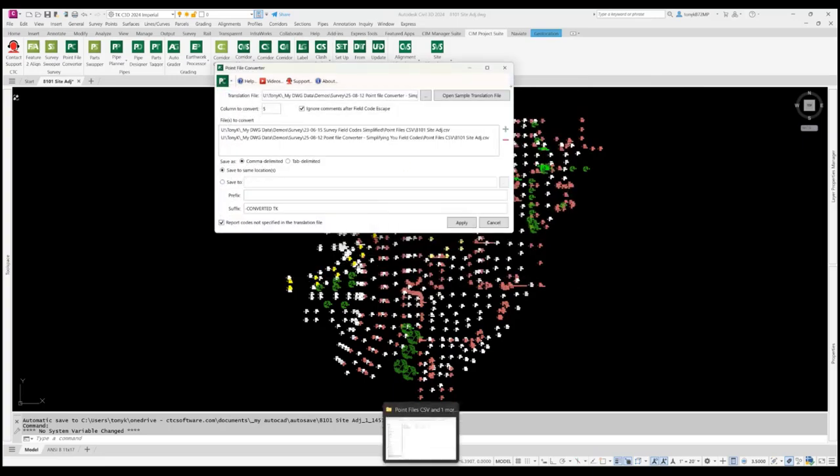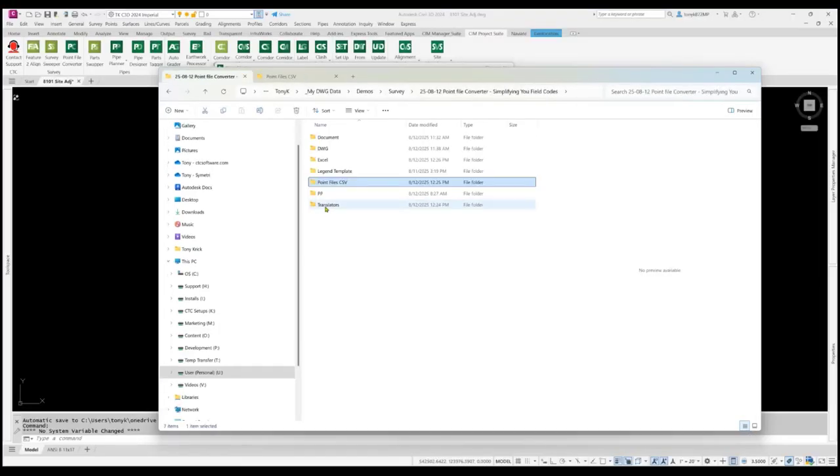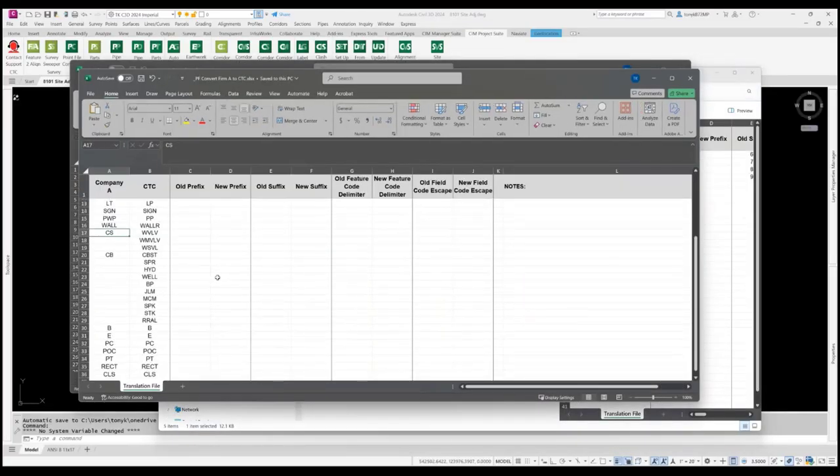Let me go back to that. Do I have it open here? Let me go back to my translator file and open this up. So what happened was, we say it's POC, they say it's OC, and I've got POC there. So if I just change that to